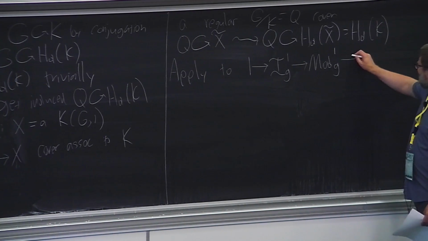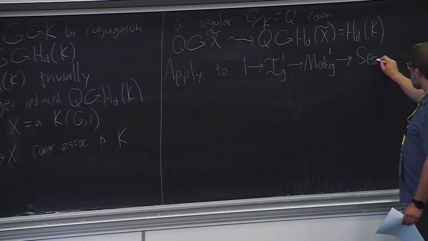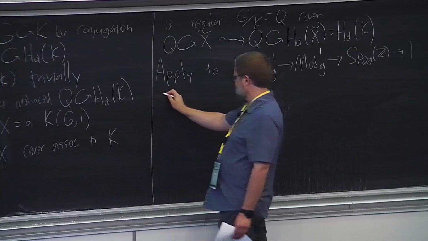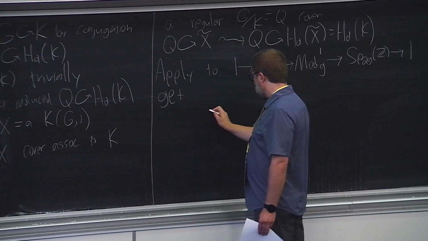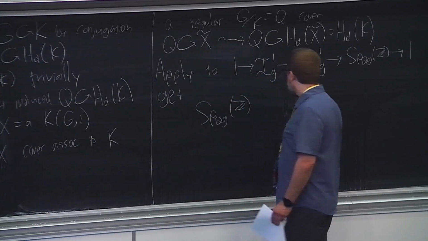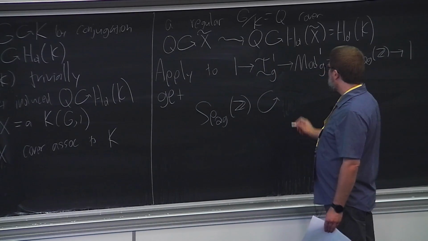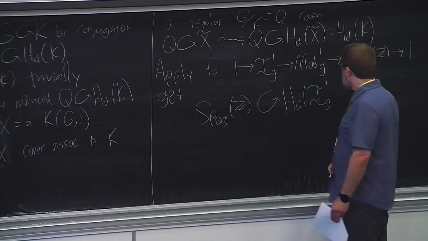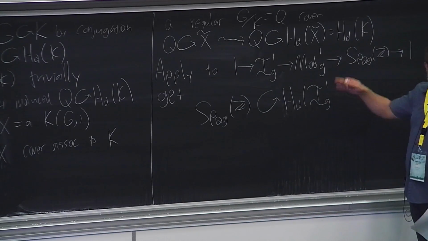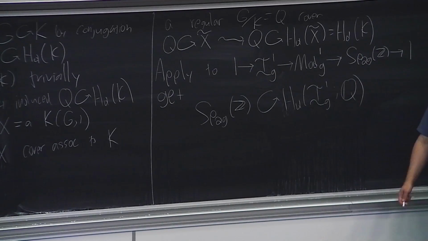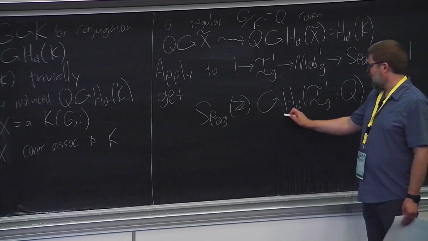And that's the quotient, the symplectic group Sp_2g(Z), going to 1. So we get an action of Sp_2g(Z) on the homology of the Torelli group, each homology group, and I can put any coefficients I want here. I was doing everything as integer coefficients, but just for concreteness, let's put Q there. I could put any coefficients I want. Okay? And so in other words, this right here is a Q vector space